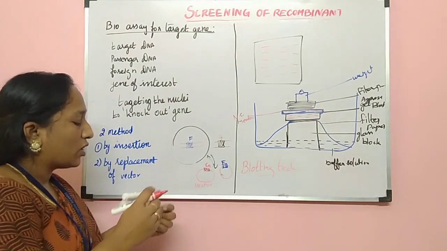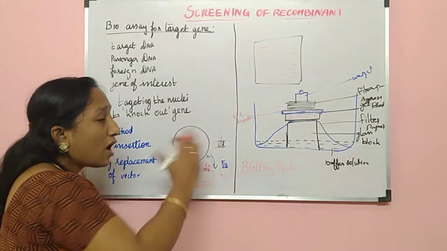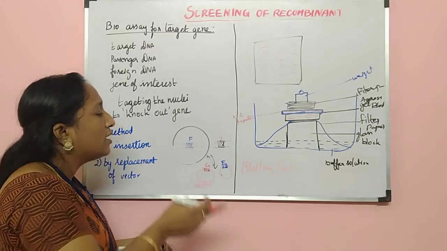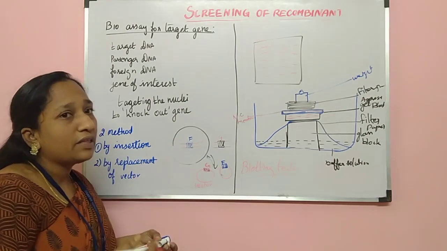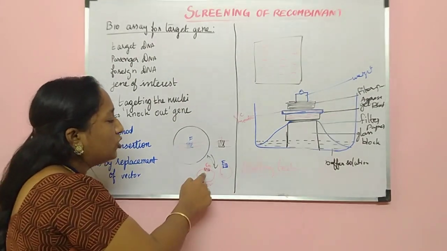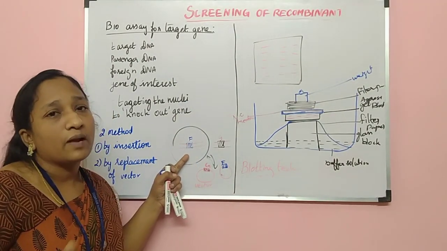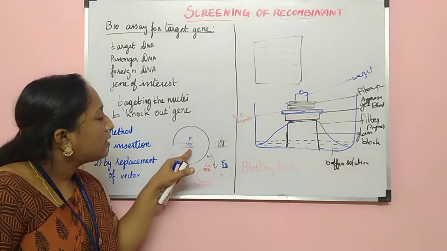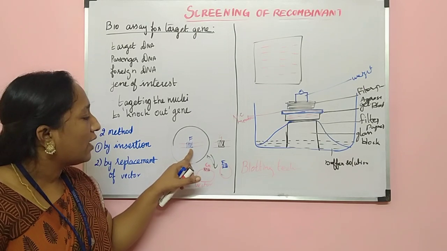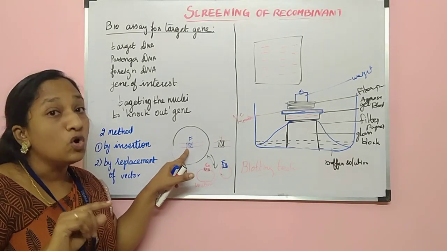So because of this process, we are knocking out the F gene. Instead of the F gene, suppose you are only removing the F gene and not replacing it with G, the DNA fragment will lose its function. To avoid that, we have to knock out the gene F and, instead of that, place the known gene